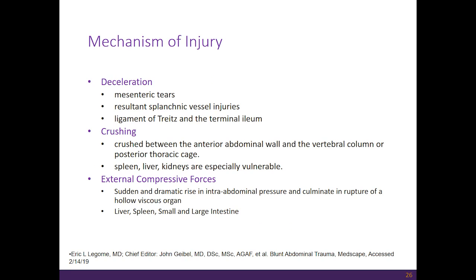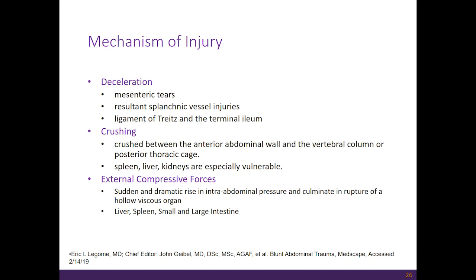So to understand bowel injury, it's important to understand the mechanisms of injury. I think we understand deceleration, and what that's going to cause is mesenteric tears. And again, the things that we are going to think about are splanchnic vessel injuries and fixed portions of the bowel that are particularly at risk in shearing forces. You can have a crushing force, which is what we're seeing with the solid organ injuries, crushed between the anterior abdominal wall and the vertebral column or posterior thoracic cage, and that's the spleen, liver, and kidneys are especially